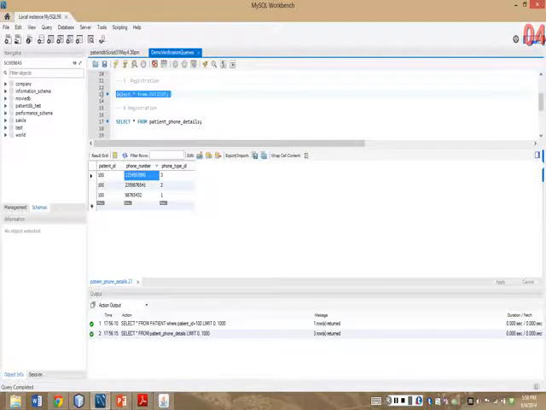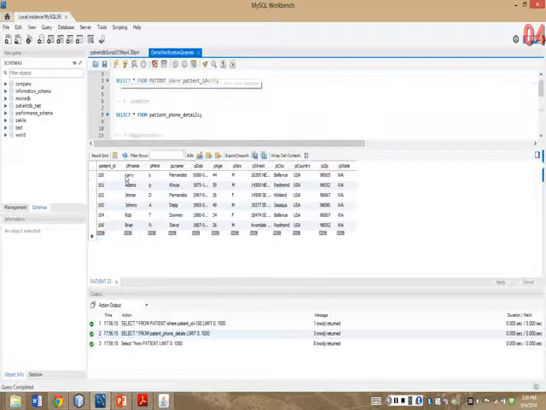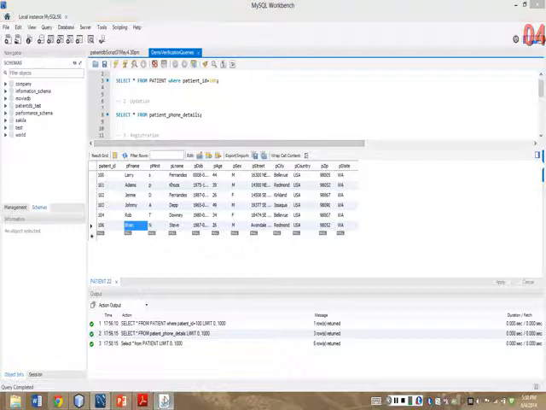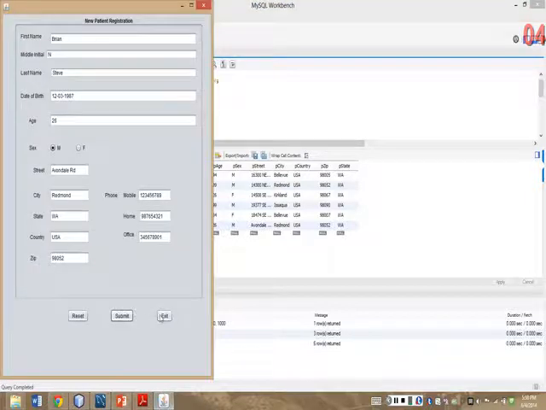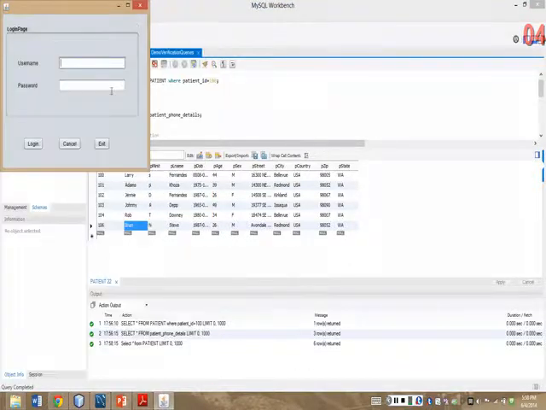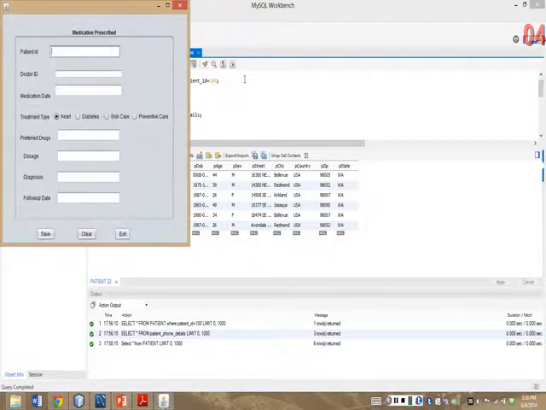Let's fire the query in the database and let's check whether the patient has been added. Yes, we can see that the user has been added to the database. Okay, and this was the flow from the receptionist perspective. Now let's see the flow from the doctor perspective. Here we have implemented the feature where a doctor can enter the medication details for a patient. Now a doctor can enter the patient ID, maybe as 100, and doctor ID,